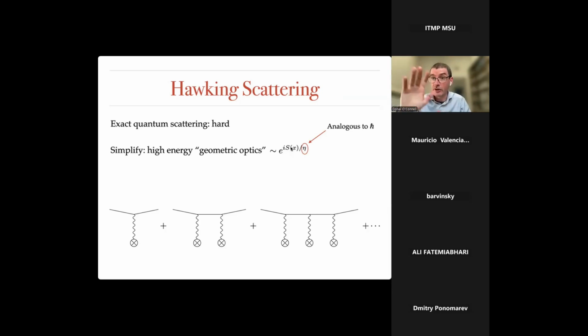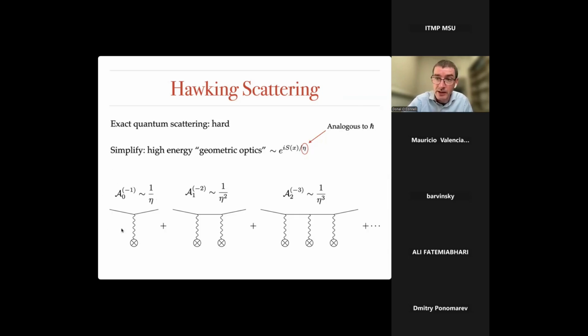So this would be e to the i action over h bar in that case. And then, we understand well that the amplitudes in these diagrams will have a particular counting in this parameter eta. The tree level diagram is going to come in at 1 power, essentially expanding this exponential. I'm thinking of S as having an expansion in some perturbative quantity, which would be this V over 4gm, but at the same time counting the powers of this eta.